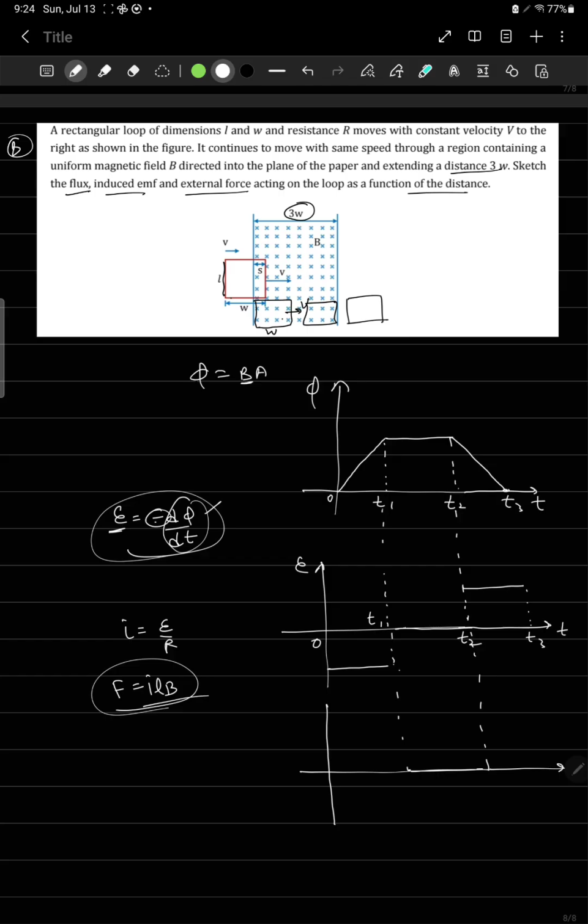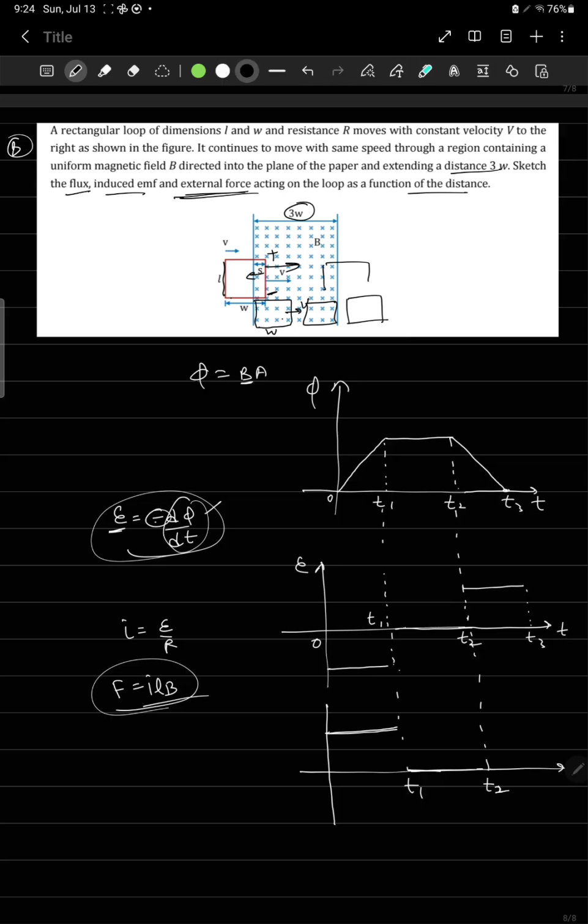If you see the direction, this will be at high potential, this will be at low potential, and the force will be on the left-hand side, but they are asking for the external force. Similar to the last question, the external force will be acting in the opposite direction, that means in the positive direction. So we'll be having a graph on the positive side but constant, then 0, and last again when it's coming out,